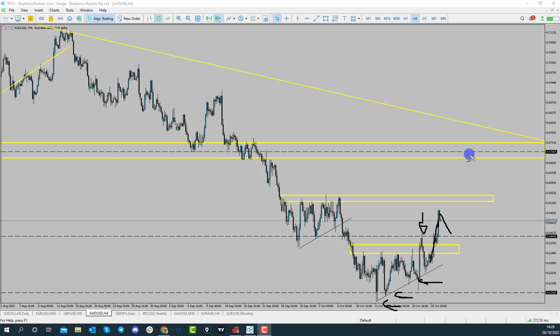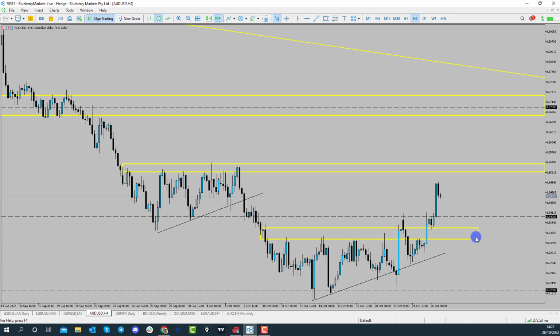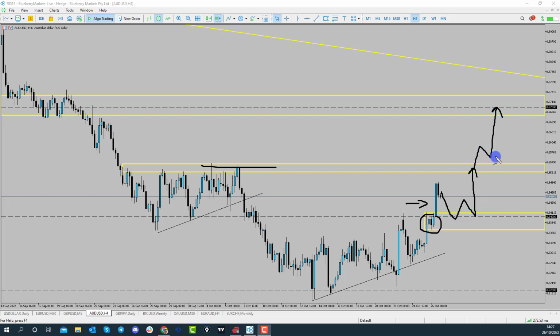I think price is now starting to make its way back to the 0.67 handle. So if we are going to follow the rules of the previous retracement phase, then we should still create higher highs and higher lows. Now that higher low may come into effect at the 0.64 handle because that is an area where price found some resistance in the past before trading through it quite aggressively. So if price was to come back down to the 0.64 handle, we could see buyers step back into the market at this point, with targets being previous highs at the 0.65 handle. If price was to trade through that, that's when I think we could get to the